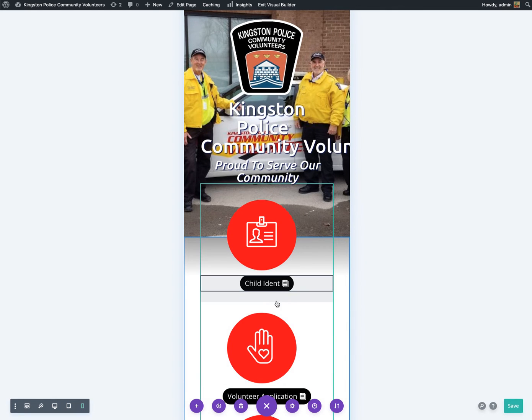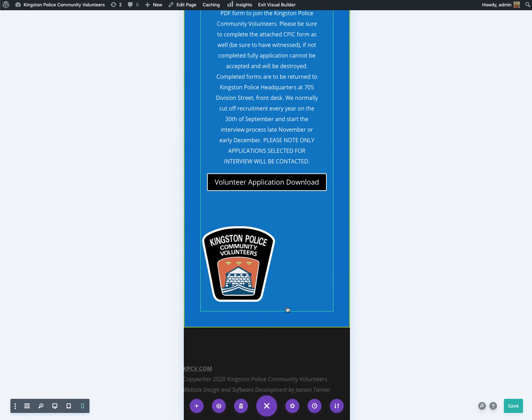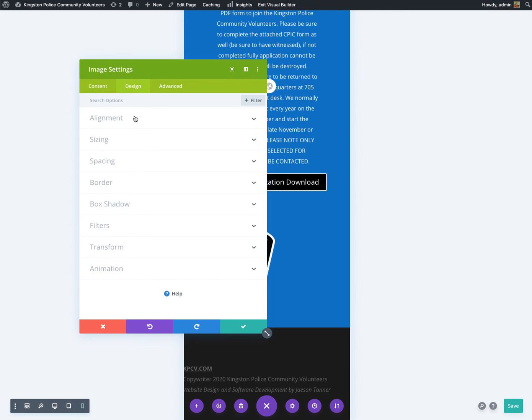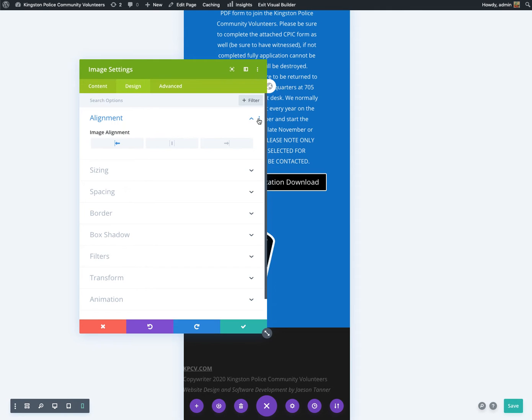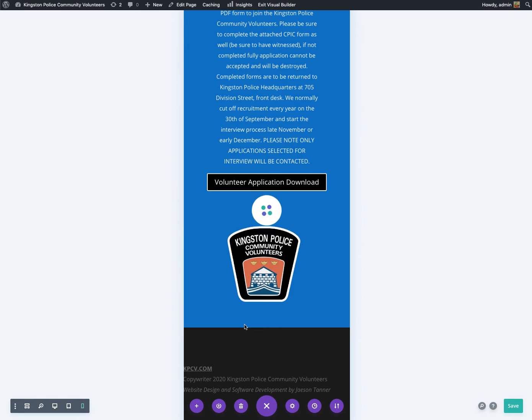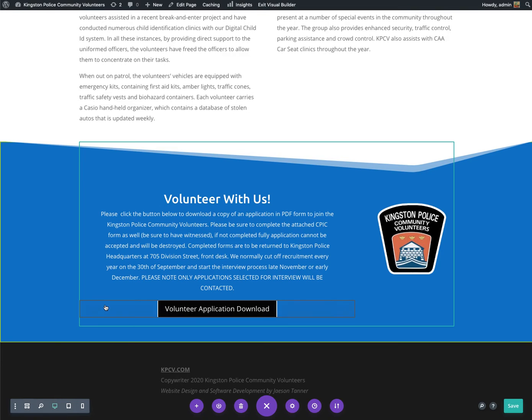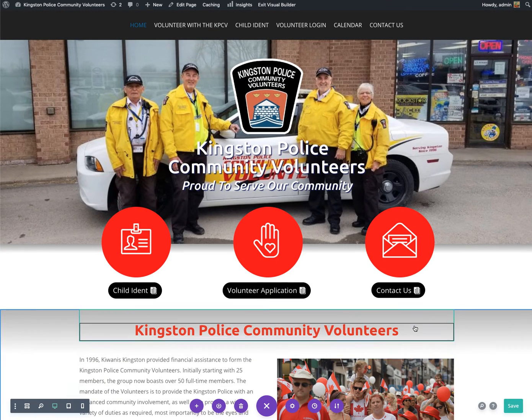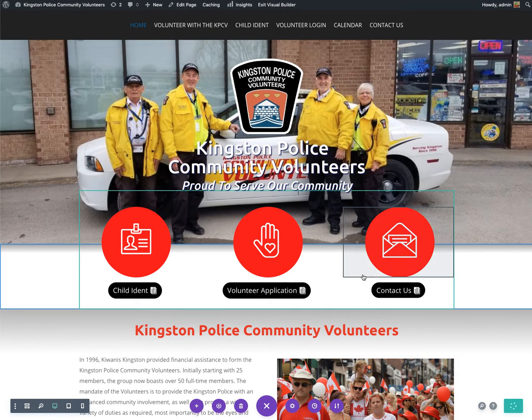So let's look at the rest of this here. Anything else that needs to be changed? I'm reasonably happy with this. I think I'd like to see the logo centered. We'll see if it remains centered when I switch to, well, it's good enough. I think that looks good. So that's the basics. Now we're going to save this and